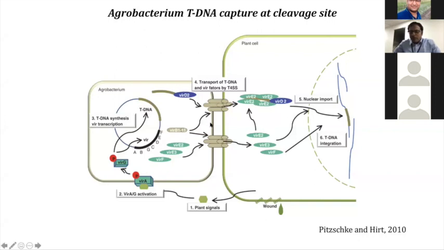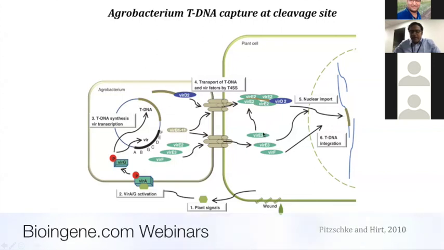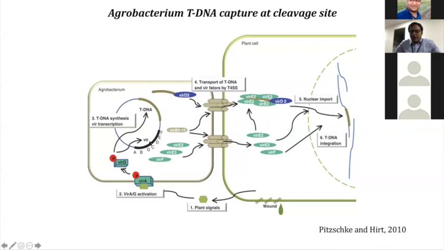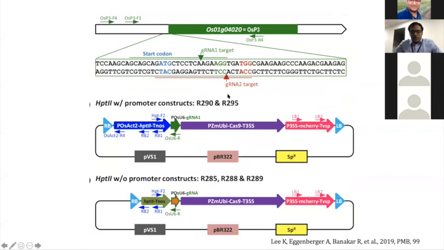So what we wanted to do was to see if we can create the double strand break at a site that we want, and if we can land the whole vector containing T-DNA into that site. So basically, we wanted to open up here, for example, then insert the whole T-DNA in that region, right? So the way we approached it was that we created 2 guides at a site in rice.